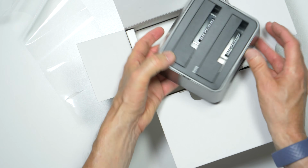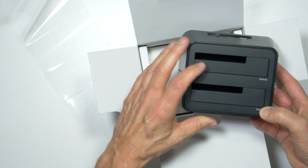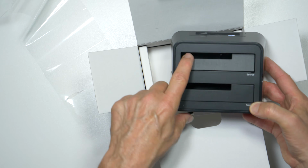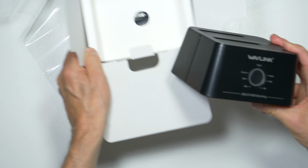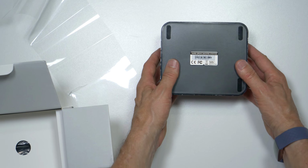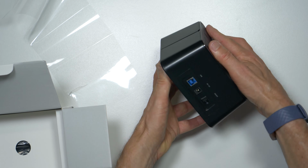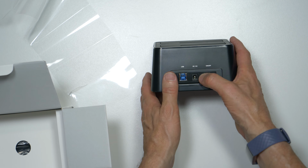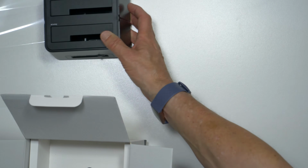This is the device. It's got these 2 slots so that it is flexible between a 2.5 inch and a 3.5 inch drive. And there is the front panel here. This is the label on the back. Don't know how easy that's going to be to read. The connectors on the bottom. This is an on-off switch. That's convenient. Okay. So let's just set that aside for a moment